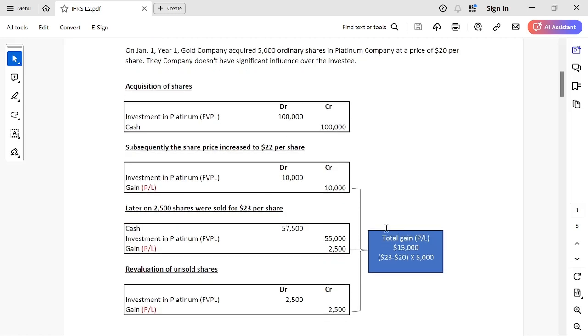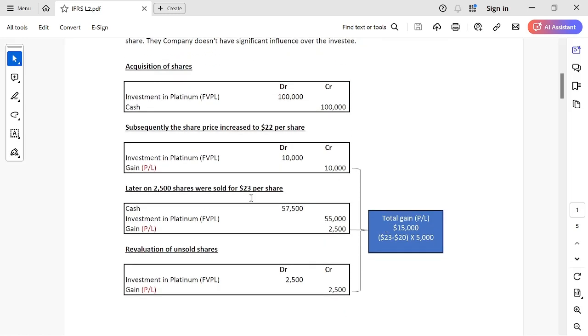So again, as we see here, we also need to revalue the shares that we are still holding, the unsold shares. So we sold 2,500, we're still holding another 2,500 shares. The latest revaluation was at 22, price now is 23. Let's remeasure that, increase the investment by just $1, multiplied by the shares that we are